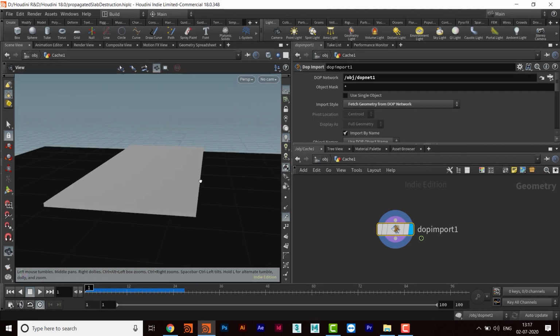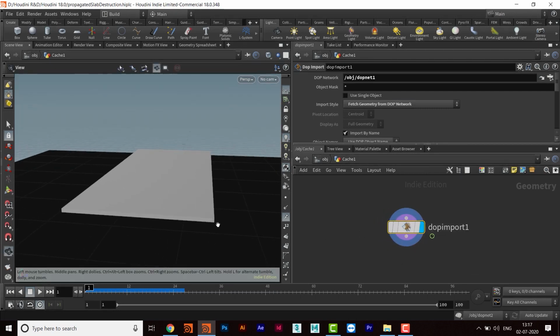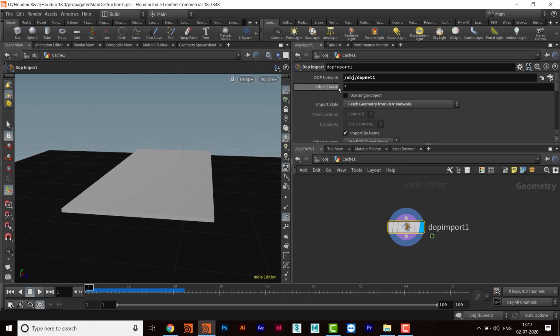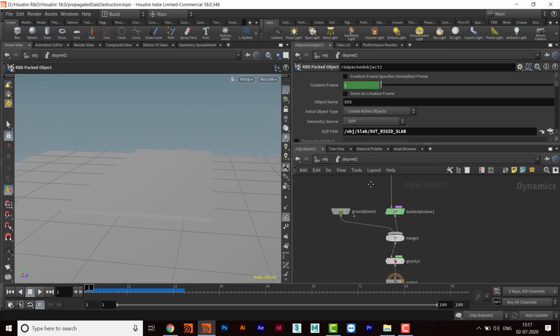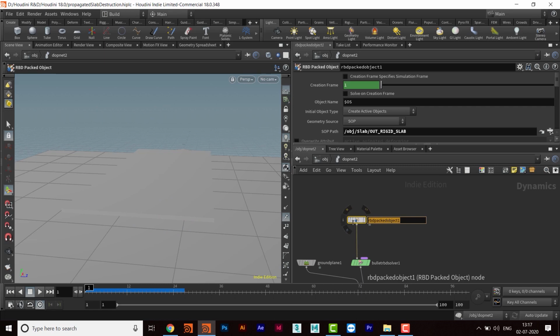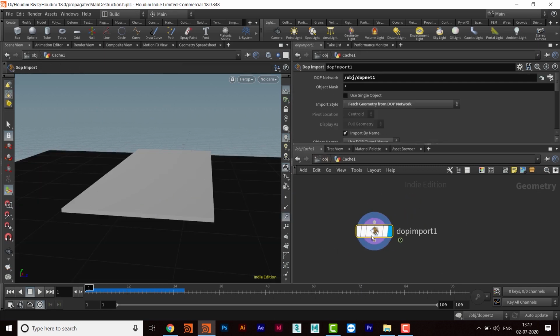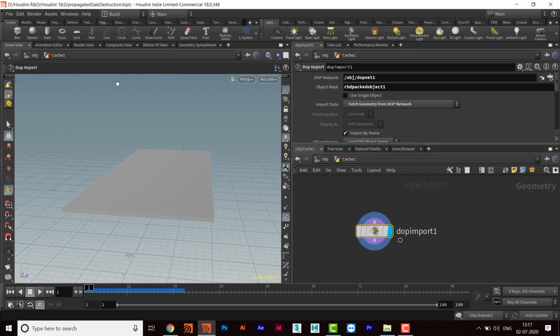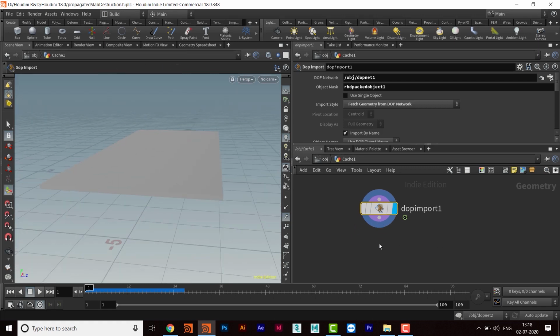Here I just want to import this slab, not this ground. So I will make it as the object mask. I will go inside this, copy this name of the slab, come here and paste here and enter. In that manner we are just going to take the slab here. Okay, so that's the thing, and then we will cache it out.